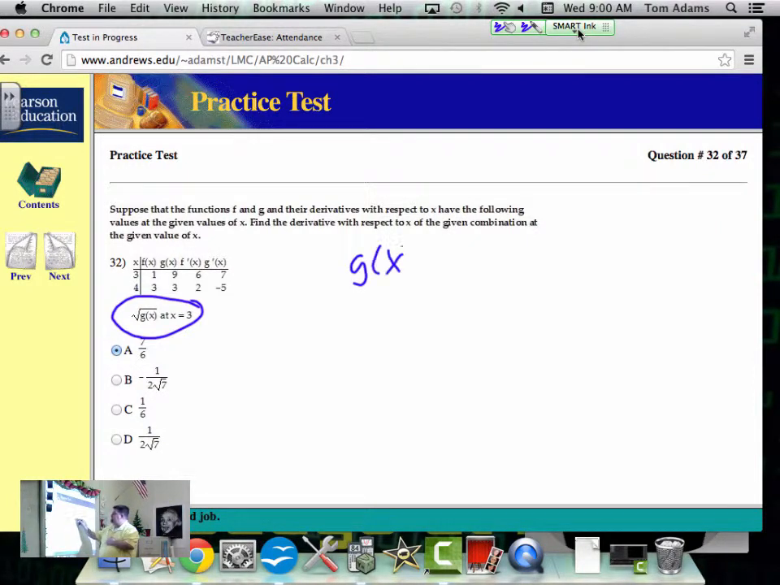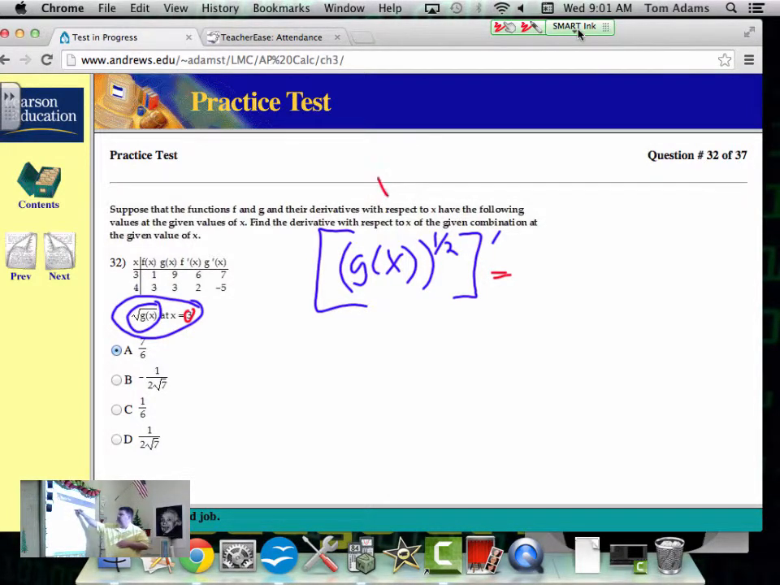I've got g of x raised to the 1/2. That's the function that they've listed, this little thing right here. But we want to find the derivative of this, okay? But we also want to do it when x equals 3, okay? So if I apply the power rule to this,